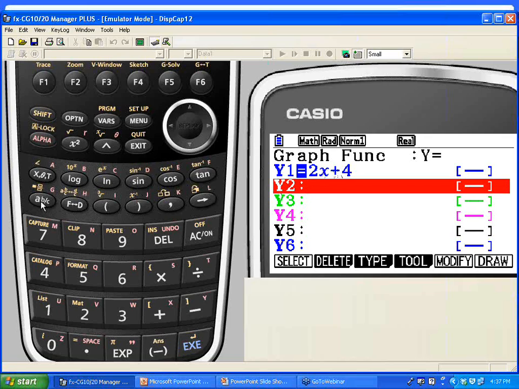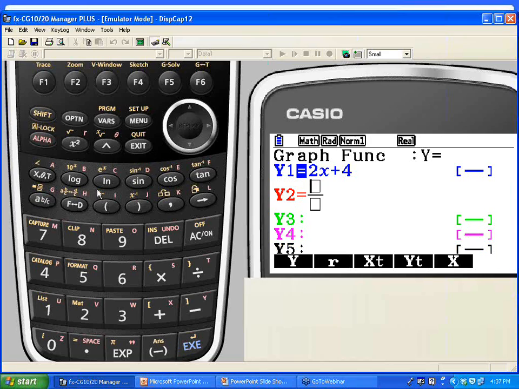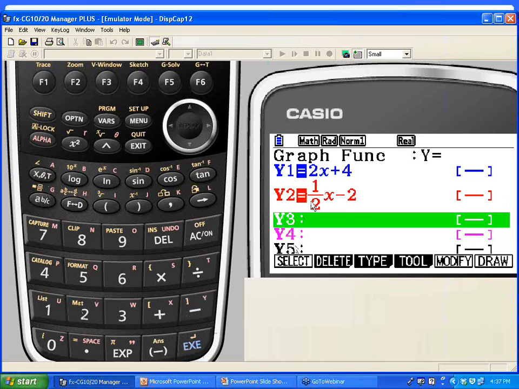One of the neat features about the Prism is the text-friendly typeset. I can type in 1 as the numerator of my fraction, 2 as the denominator, right-click over, enter an x variable, and then enter minus 2. And this equation is going to graph in red. The first graph was in blue, the second graph will be in red. Every graph that you enter will be a different color, so it's easy to compare them.